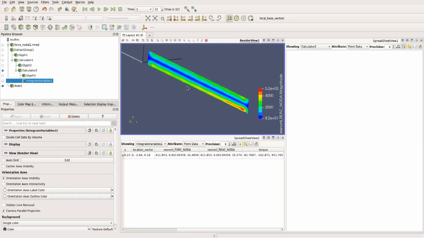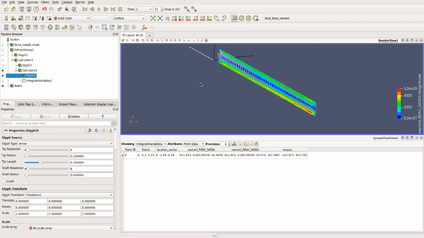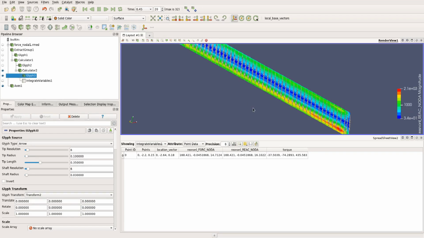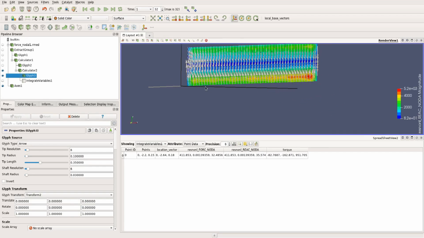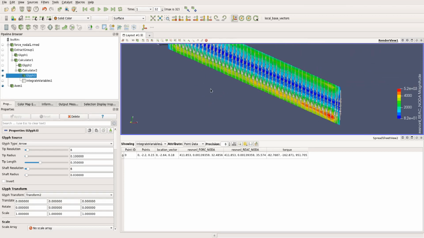Okay, so surely enough I can animate this value as well. I can see my torque vectors changing as well. So it's really helpful, and I think this